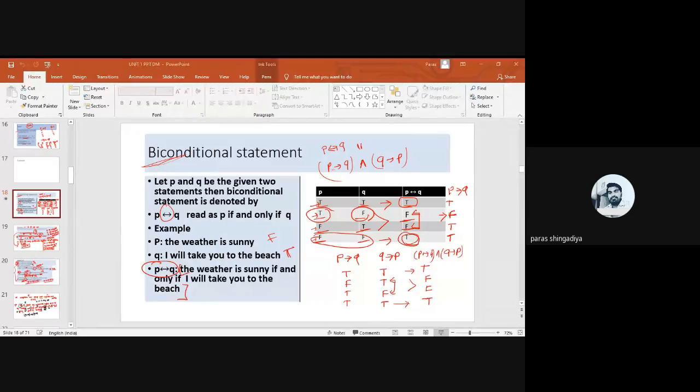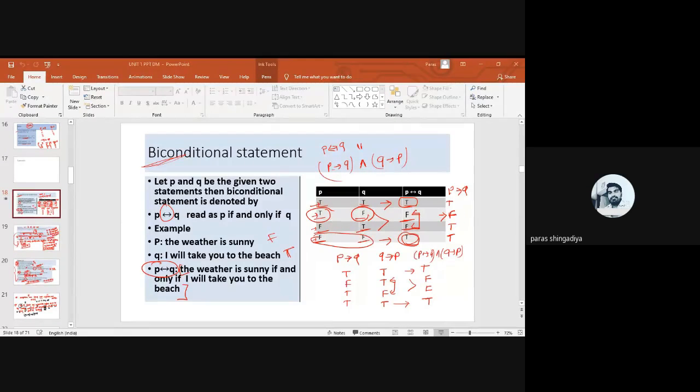For example, p, q, r are the statements. Now use all the operators, for example, AND operator, OR operator, negation, conditional operator, biconditional operator, and combine them to create one compound form of the statement. As an example, p and q conditionally r, negation p and negation q biconditionally r. So these are all known as compound statements.